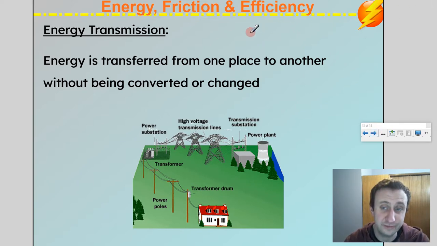Last thing to talk about before we get into some examples of percent efficiency is energy transmission. Just so you realize, this is different than conversion. In energy transmission, energy is transferred from one place to another without being converted or changed. So electrical energy, right? We end up transmitting electrical energy all over the place using power lines. What's interesting about power lines is it actually turns out that higher voltages are more efficient